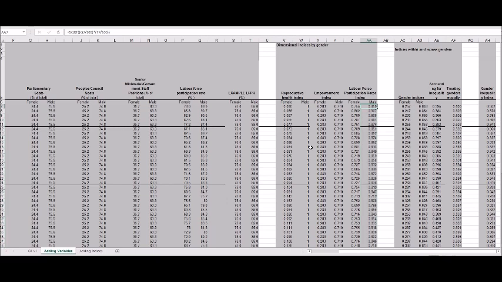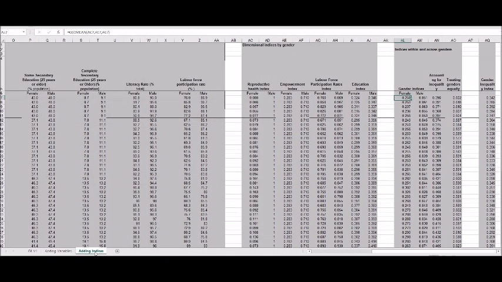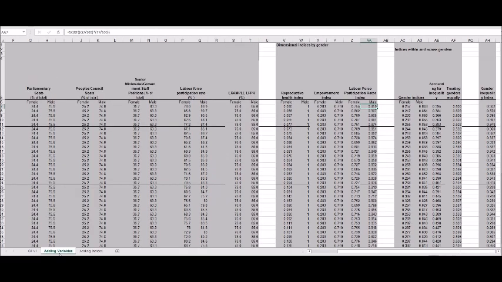Now that we've learned how to add a new variable to an existing indice, let's look at what happens when we add a new indice, a dimensional indice, to our equation. So go to the second tab called Adding Indices. In here we can see, well, let's toggle back and forth so you can see. Here we don't have our educational indice, but we know that we have that in our final subnational gender inequality